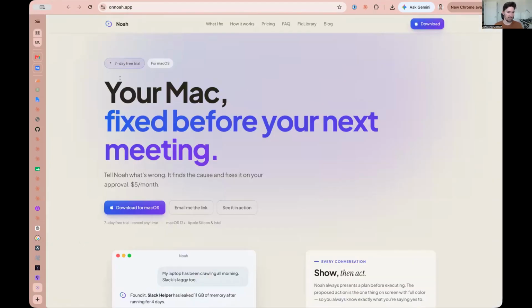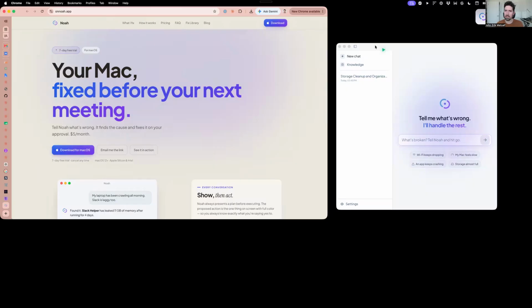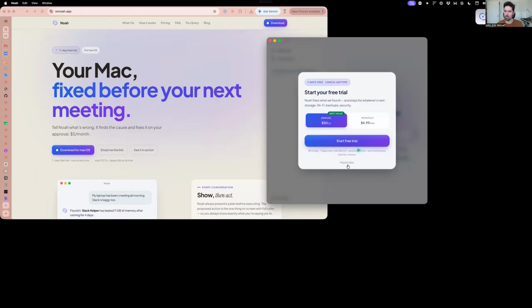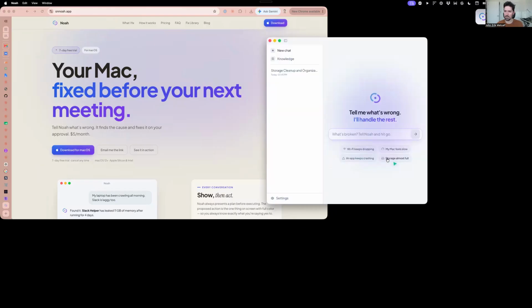The next thing is your Mac fixed before your next meeting. I have not played with this, but I'm going to share my full screen. This seems interesting. So what's it doing? It's reading my logs. I didn't have to give it access to anything. I'm going to say my storage is what? Okay. Storage is almost full. Really?